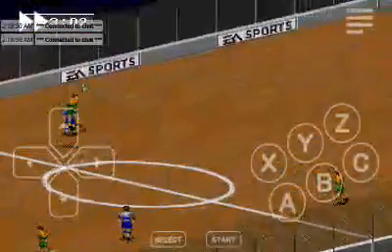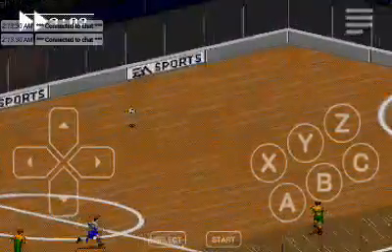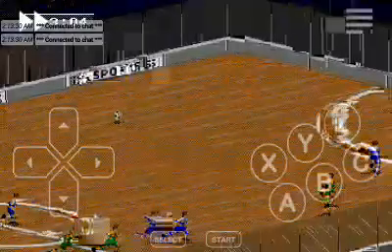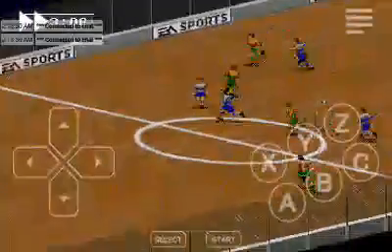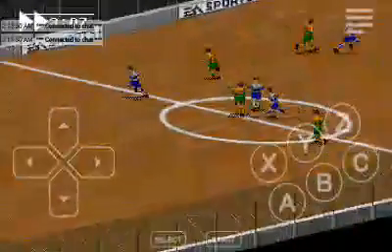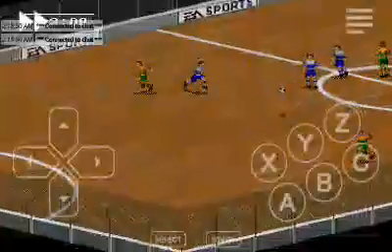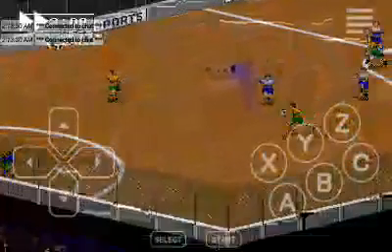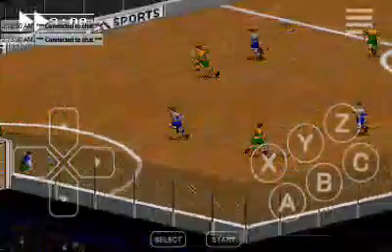The ball is airborne, and it is set loose and pushes back towards the offensive line.